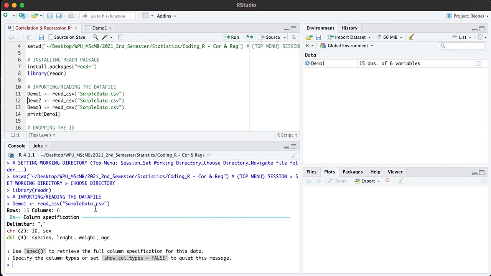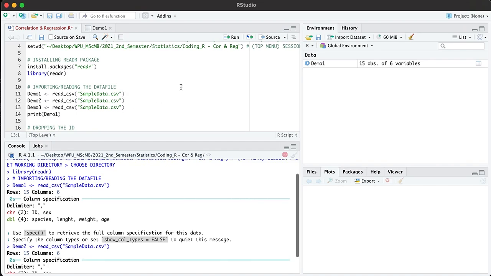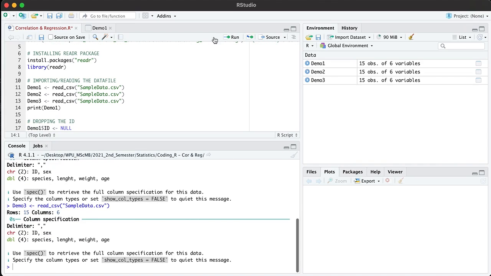and it will give you the result in the bottom window, which is the terminal window. Then I'll do it again for demo2, and then I'll do it for demo3. And as you can see on the right panel here, on the global environment, we have successfully imported the 3 datasets that I have just